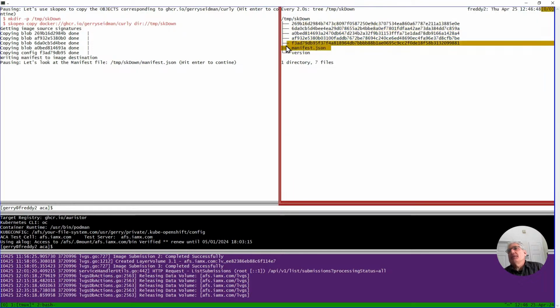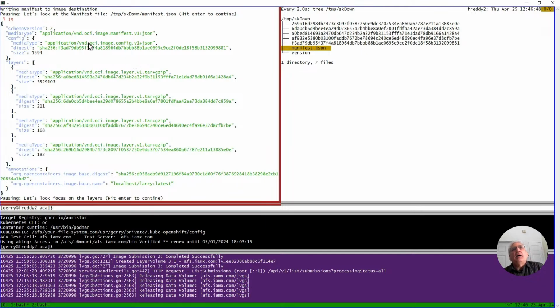In fact, there's the manifest, right? So let's look at that manifest for a second. Again, it's just a file. And if we notice under the file, there's a configuration section, which we'll talk about briefly in a second. And there is the list of layers. And again, everything's done as an object store, so the layers have object IDs.